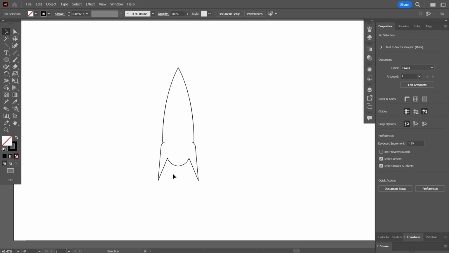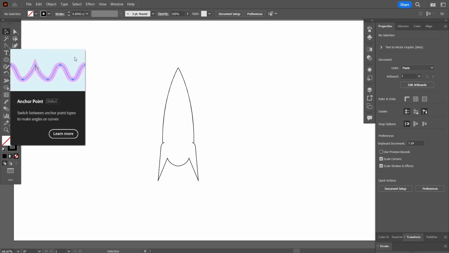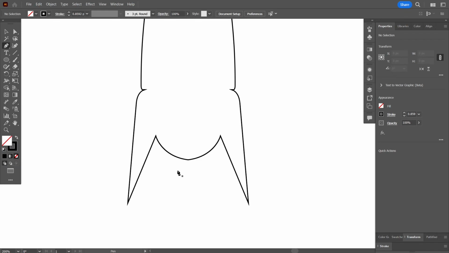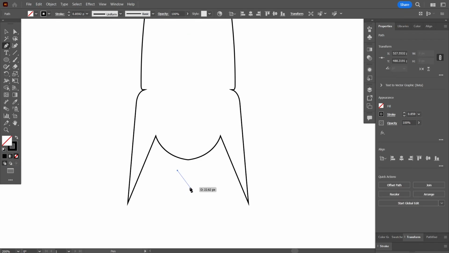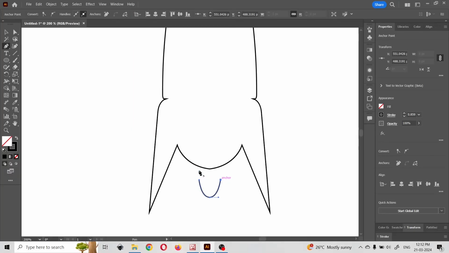Now I need to add a bit of the exhaust shape that they have here. For that I'm going to take the pen tool by pressing P, come around here in the center. I'll start from here, look for the smart guides to tell me where the center is, align it with this by holding shift, and then come out and again look at the smart guides to help me give the shape. Now I can click out by pressing escape,